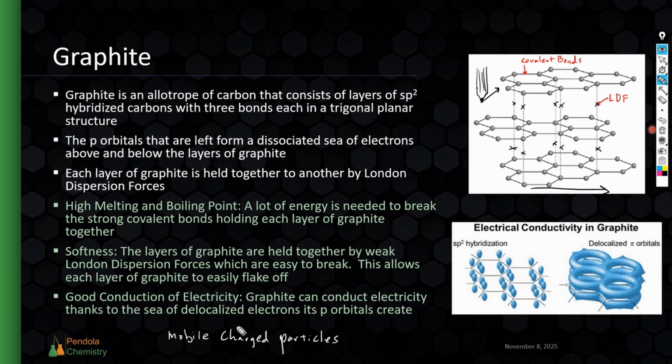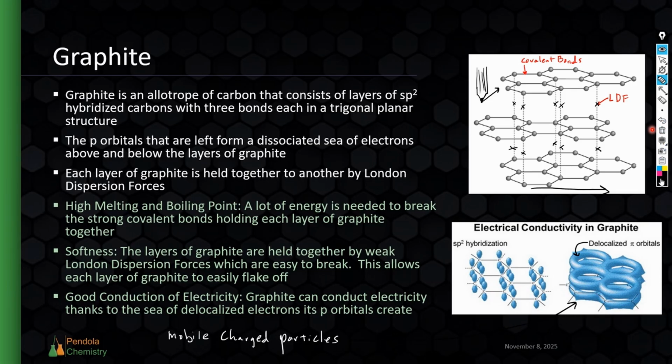Now, usually, covalently bonded compounds don't have mobile charged particles because all of their electrons are bound in sigma bonds or very, very limited pi bonds. But graphite can conduct electricity thanks to this sea of electrons we talked about earlier, these delocalized electrons. Because graphite has this area of delocalized electrons because of those p orbitals that are merged together into this delocalized pi orbital all over the layers of graphite